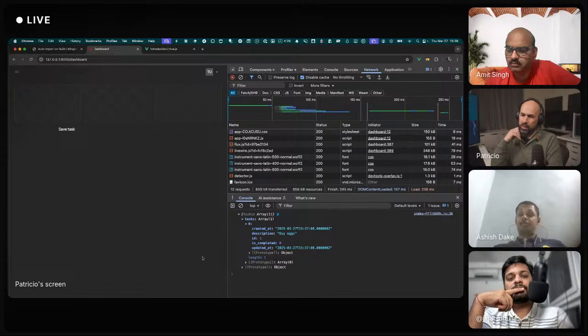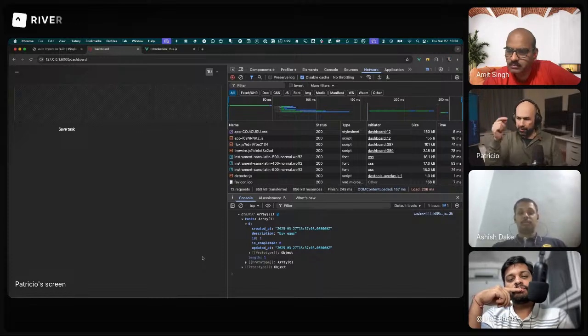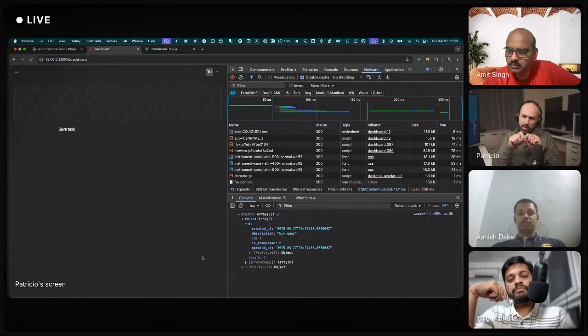Yeah. So there are some mechanisms in inertia to make server-side requests. But in fact, there's something missing, which is when you want to do a very specific behavior in a nested component or something like that.